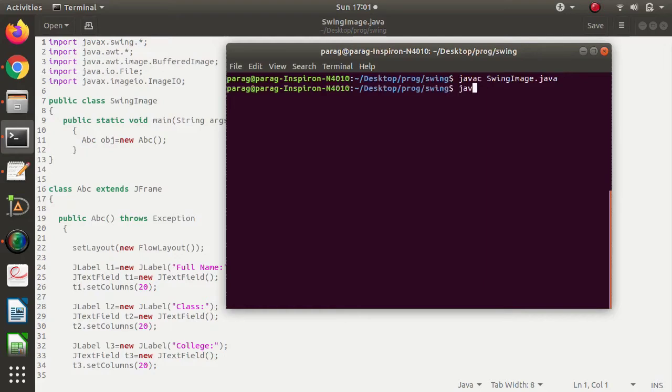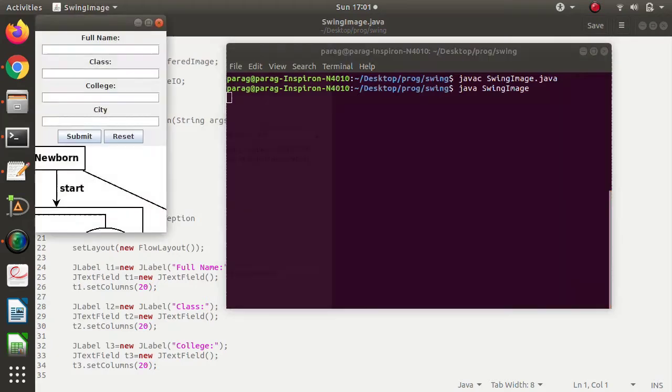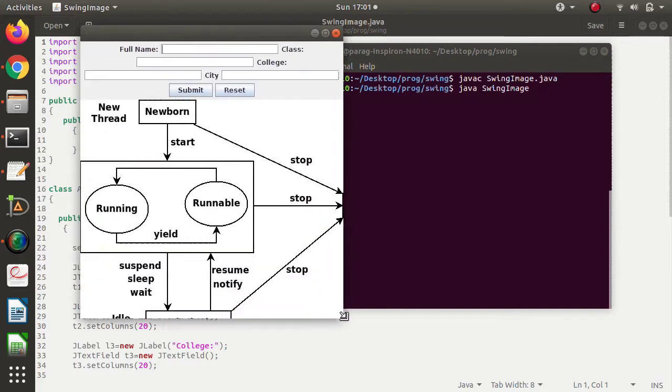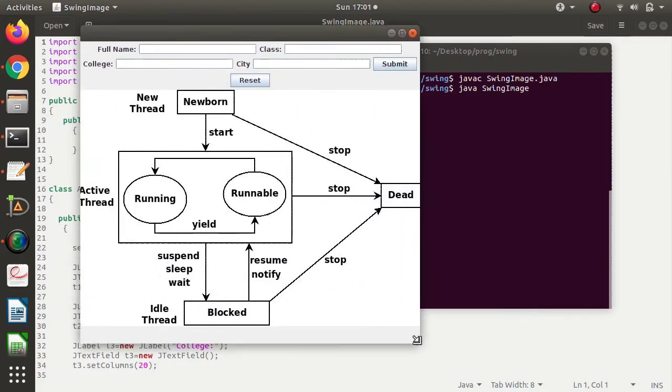So it got compiled. Now we will run it. Now look at this. Let me make it bigger. So label, text field, label, text field, label, text field, label, text field. Then these are the two buttons, and here I have added one sample image. One image I have added there. Though this image is not linked with this, for example, I have put an image here. So in this way, we can add a label in our Swing frame.